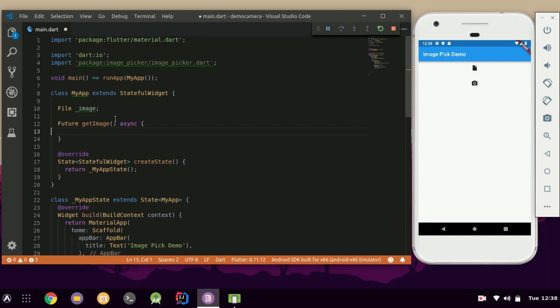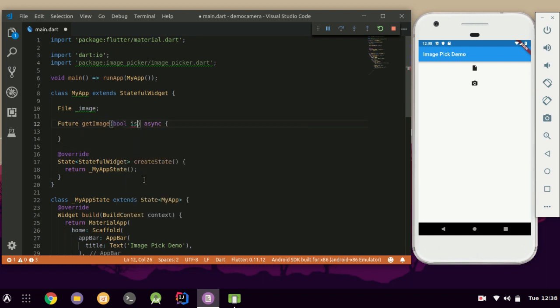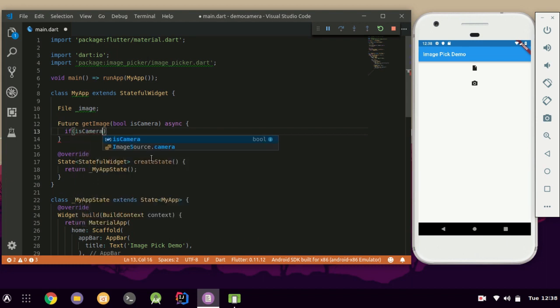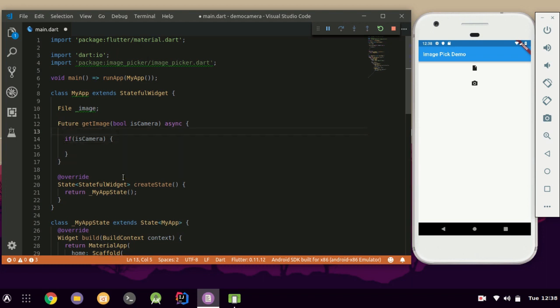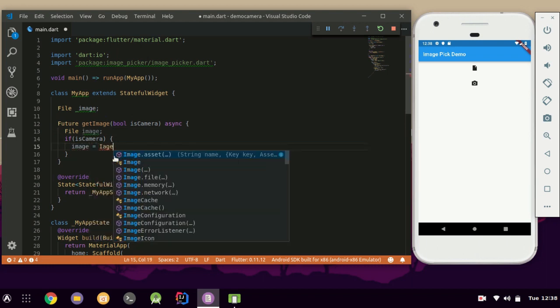So, and I want to expect an argument that will tell me whether or not to access the camera. So if I want to access the camera, that is if this camera is true, I want to be able to pick the image, but to do that I will declare another variable, a local variable here of the type file, and I will set that variable equal to image